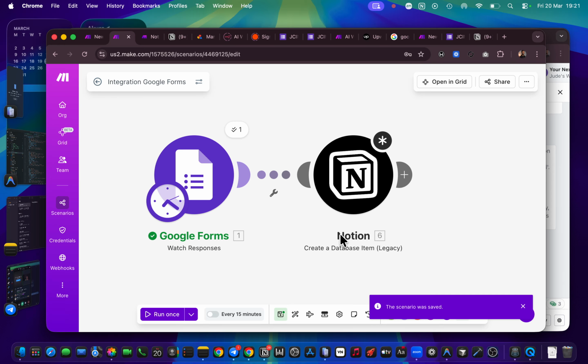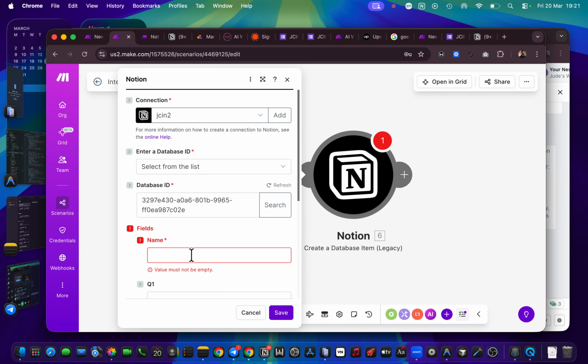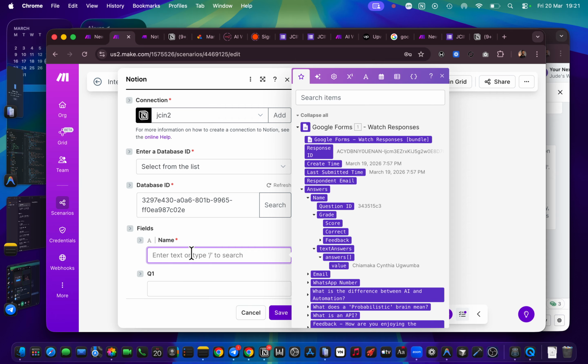Let's save this. So there's a way you want to pass these responses to get certain things from them. But in this case, we're not doing that. I don't know which automation we can do that with, but I will tell you when we do. We made use of many things which we call tools on make.com. These things are not apps, they are make.com's tools on their own. I'm going to show you how they work, but for this project, we're not making use of tools right now. So what we just need is the person's name.